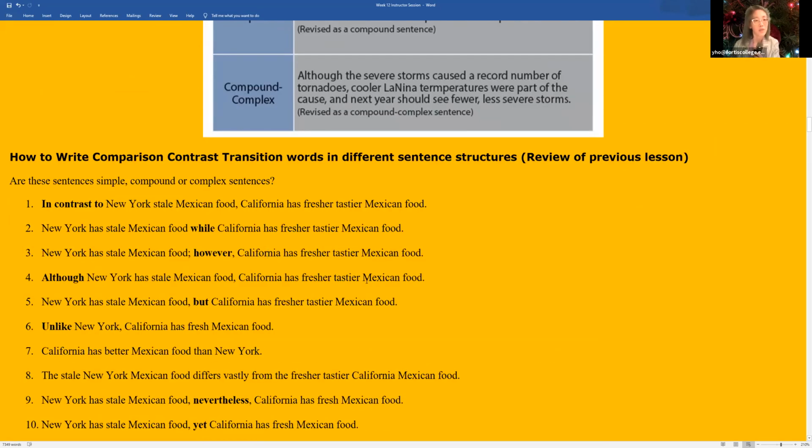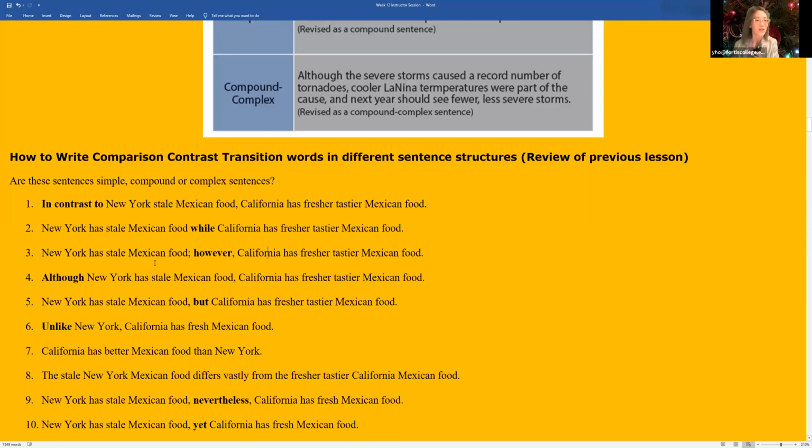So what's number 3? New York, I could tell you it's not complex. I'll give you that. It's a compound sentence because however is what kind of word? What kind of conjunction? It's not really a conjunction. It's a transition word. So transitional words always come in compound sentences. And when you have a transition word, then you are emphasizing the second sentence. And then when you use and, but, for, so, and nor, yet, then you are equal. Both of them are equal. I guess that's kind of confusing.